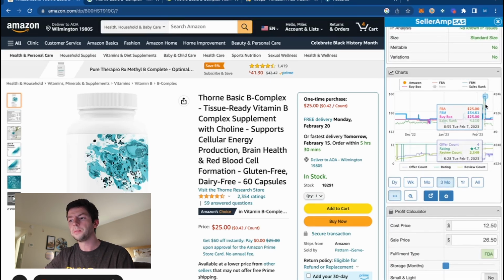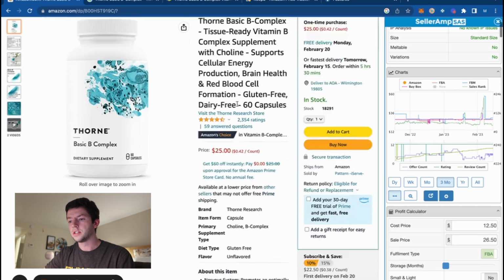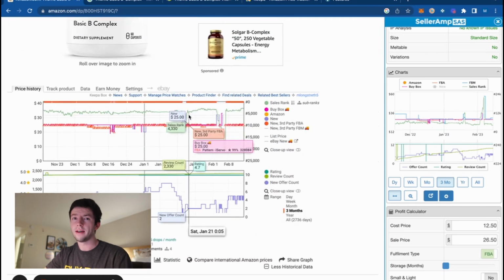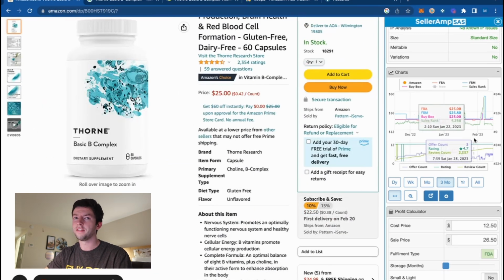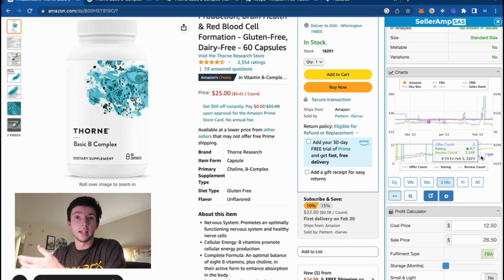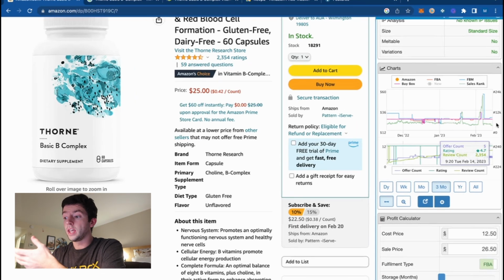Keepa chart. So Keepa is another Chrome extension. I'm going to be making a good tutorial video for that as well. It's down here. I would recommend having both. However, you can get a lot of the more base level Keepa charts from actually just the SellerAmp right here. So watch my Keepa video if you want to see more of that, but we can go ahead and see